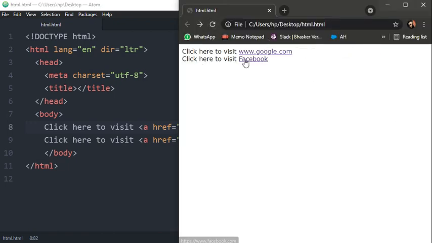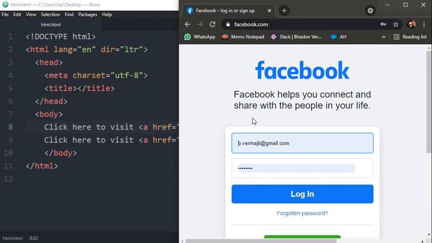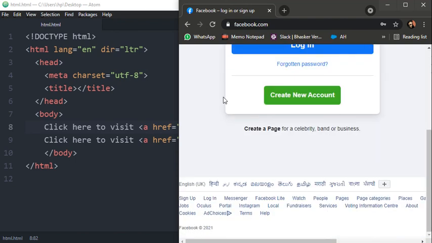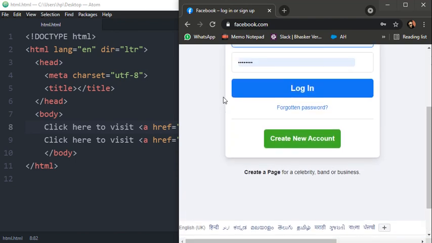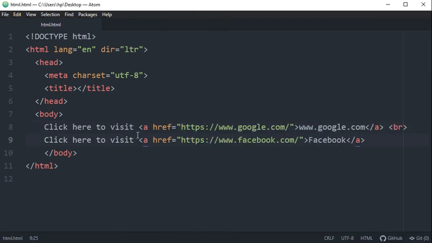So click here to visit facebook. Whenever you click over here, you will see, okay, this is the way you can redirect yourself to a different web page, or redirect the users of your website to a different page. You can link different web pages to your web page.